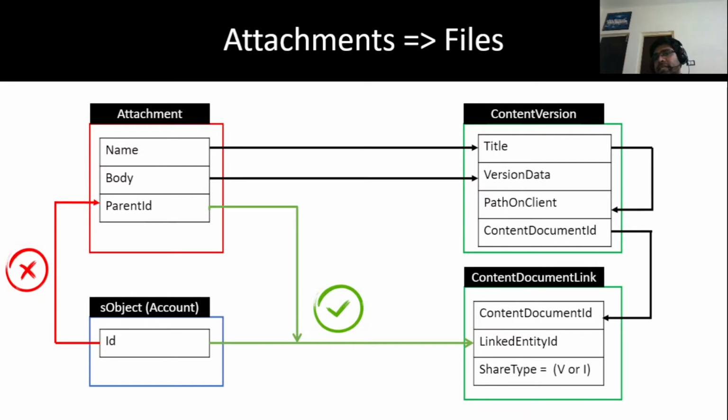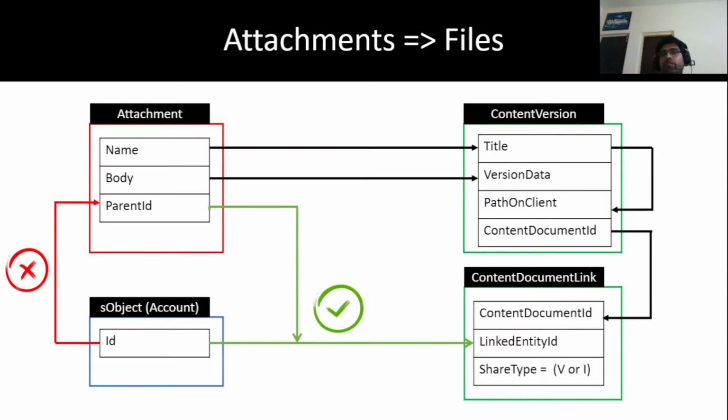and the right-hand side data model is related to files in Lightning days. So you can see an attachment is linked with a subject through the parent ID, and name is just the file name of the attachment, and body is a binary large object which is used to store the file binary content as a record.